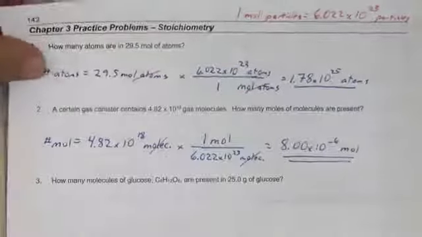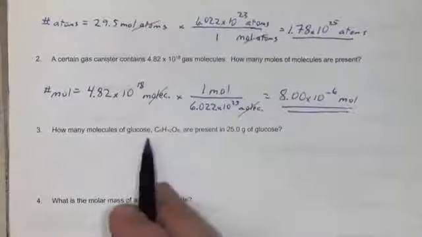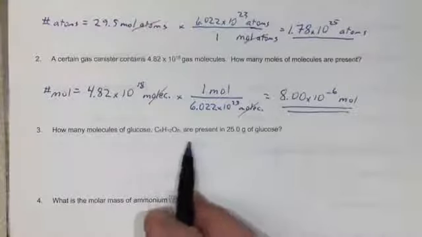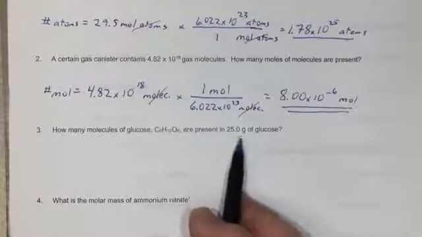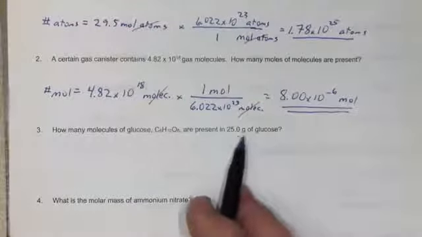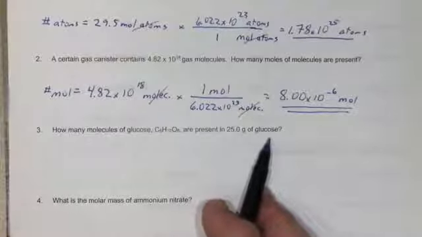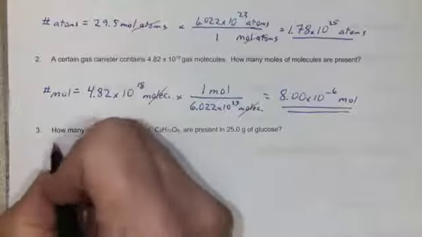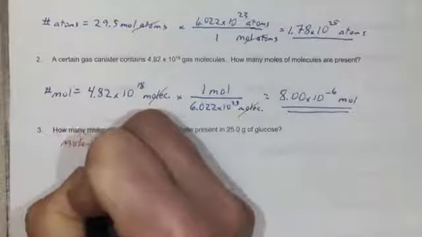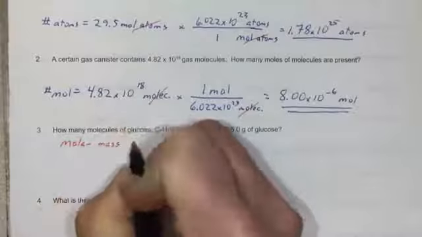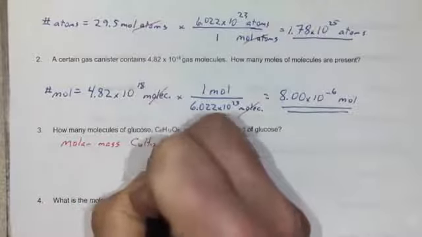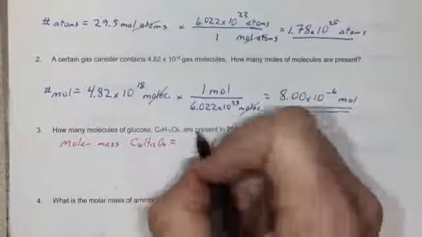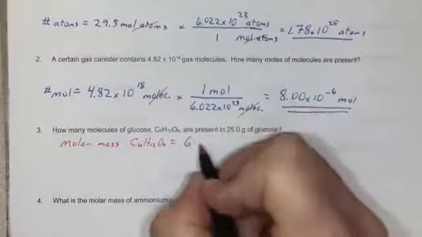Okay, question number 3. How many molecules of glucose, C6H12O6, are present in 25 grams of glucose? Now, the first thing that I need to do, if we're given the mass of glucose, I need to go from grams to moles. And the way that you go from grams to moles is with molar mass. So I need to know the molar mass of glucose. The molar mass of C6H12O6 is equal to, and starting with carbon, I have 6 carbons, 6 times